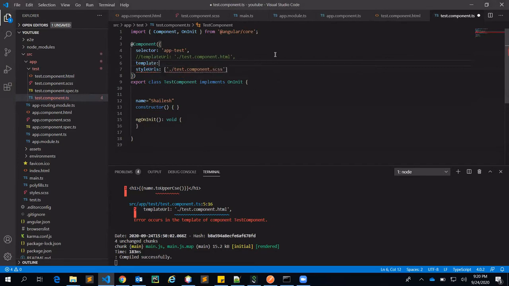Here you can write your piece of code. If you have multiple lines of code, you just click on backticks. That backtick is available at the top, next to the tab button and escape. So backtick, and then that's it.